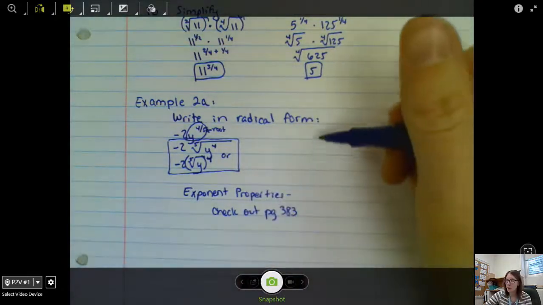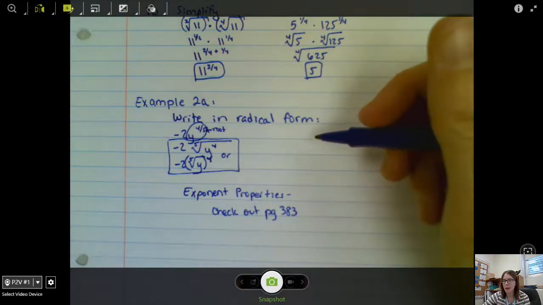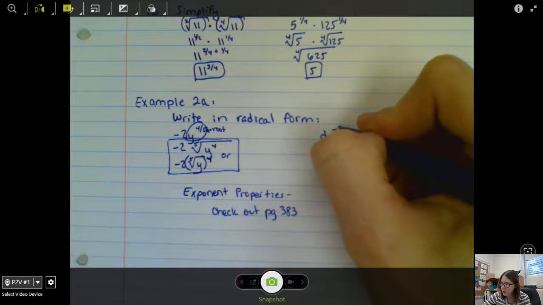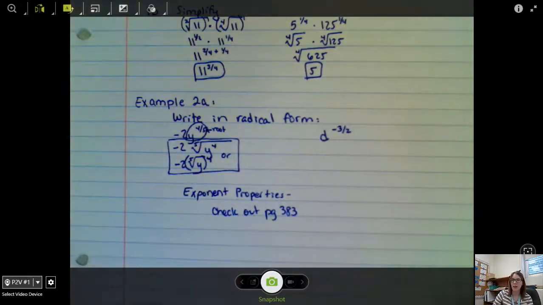Okay. Another one that we are going to write in radical form is d to the negative 3/2 power. We have a negative exponent here. So what does a negative exponent mean? A negative exponent,